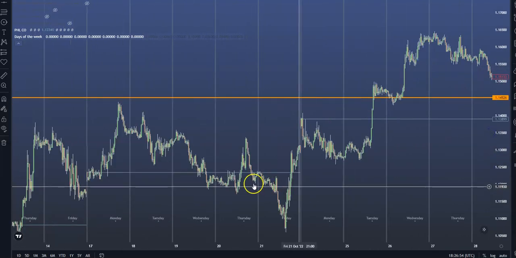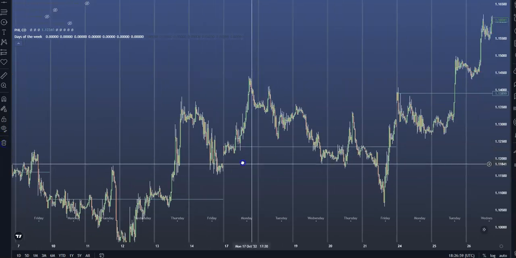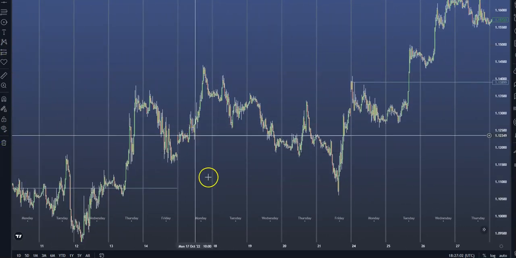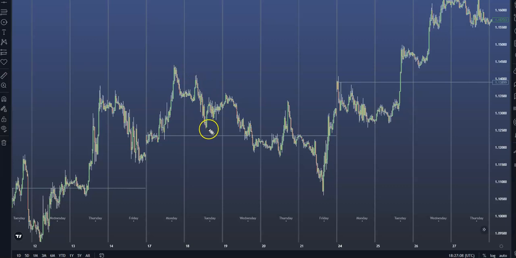Here is another example. Okay, this is when we actually target it on a Wednesday. So let's just delete this here, get a fresh chart up. And we can see on the Monday opens up. Here's the weekly opening price, and we can see that Tuesday doesn't hit it. So at this stage, you're saying to yourself, right, we'll look how Wednesday opens up. Let's just say you're trading the Asian session. And I know these examples now are more towards the Asian session. I know a lot of people don't trade that, but it happens in London and New York, okay? These are just the examples I'm pulling up randomly. But let's just say we can see that the market is starting to change structure, okay? It looks like it's put a top in place.